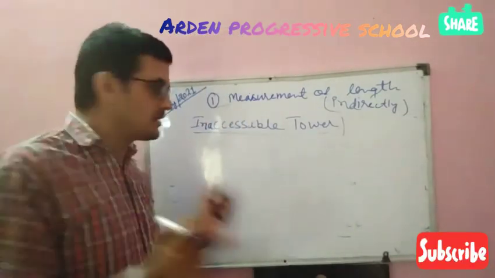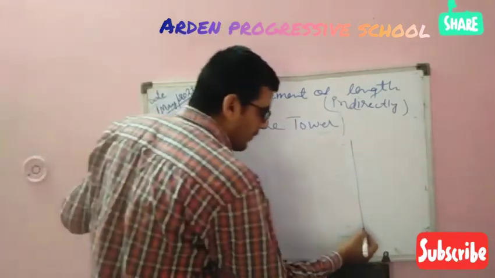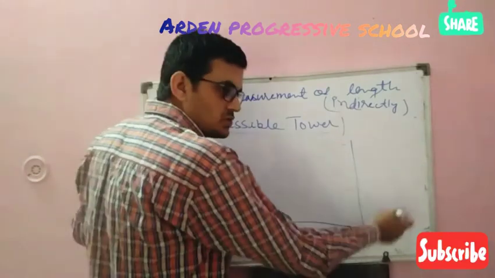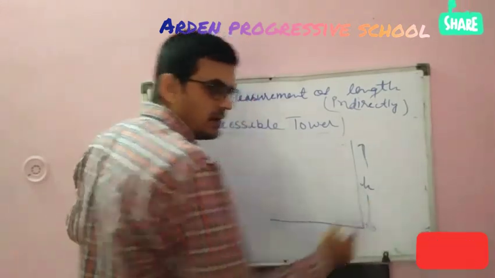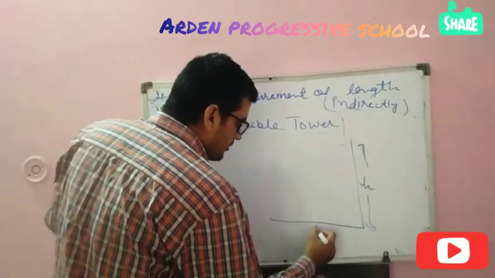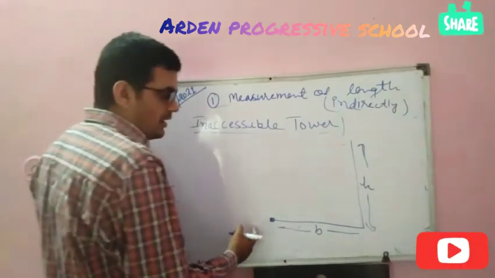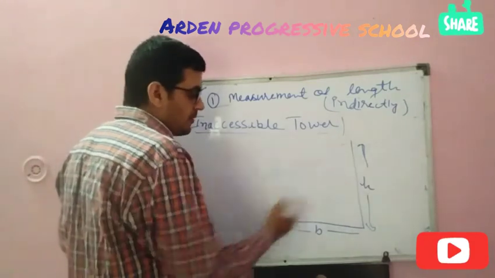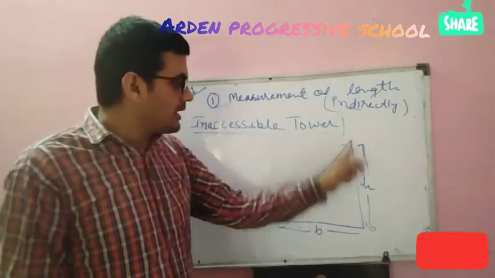हम point of observation की बात कर रहे हैं. Suppose we have this tower and here suppose we have a river. और उसके दूसरे बैंक पे एक टावर है जिसकी हाइट h है. We don't know the value of this h, and the width of this river is suppose b. This is the point of observation, and the condition is that we cannot measure this height from this point directly. Maybe this river is very long.